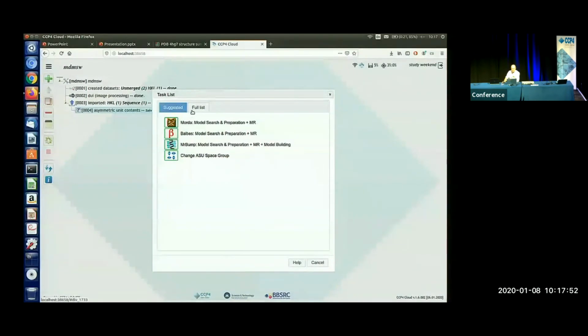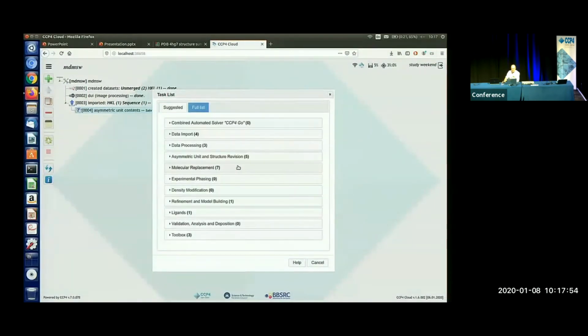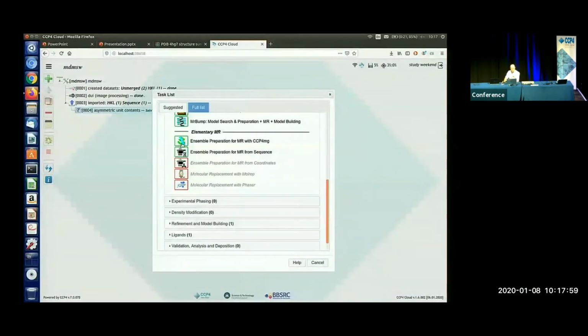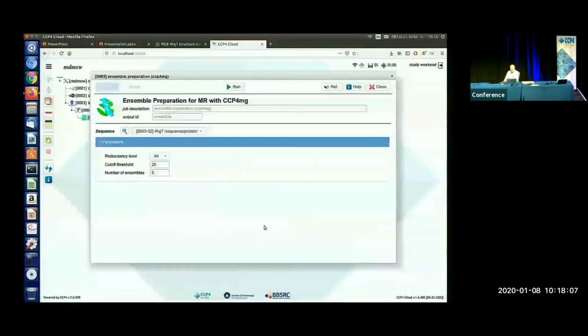But what I want to do is do it more manually. So I'll run this task, which you may have seen in the I2 interface, which is the CCP4 MG molecular replacement model preparation task. And it gives me a small